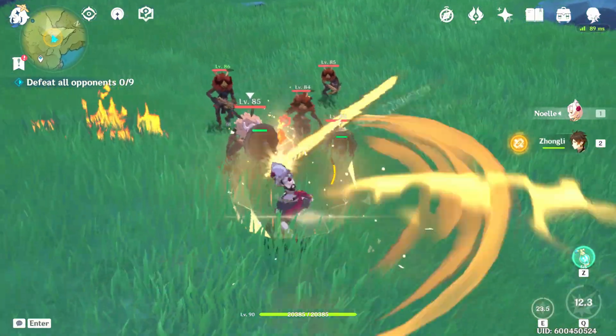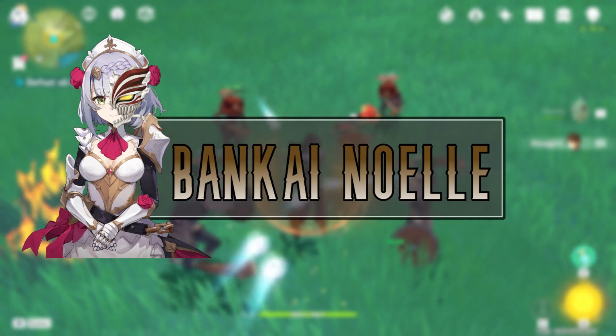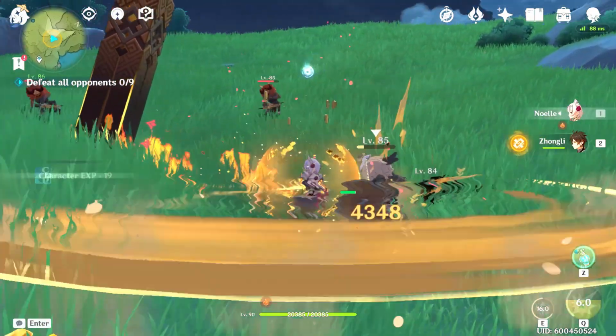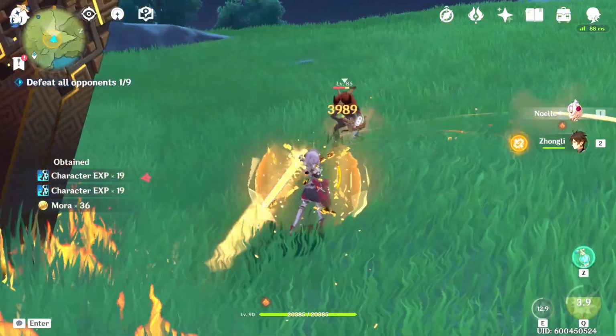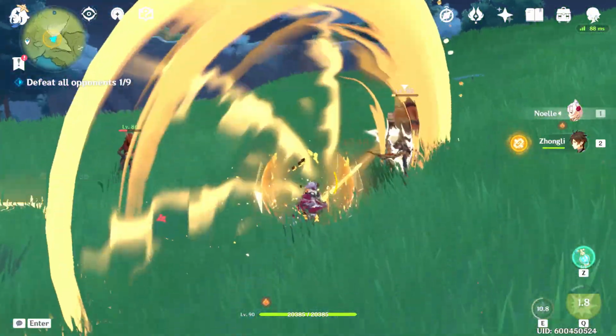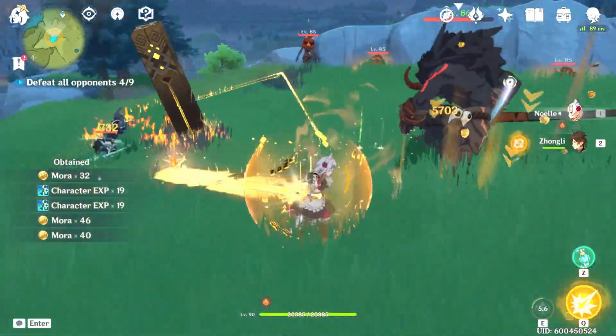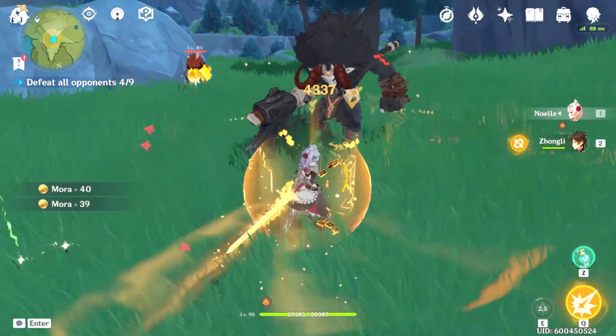In this video, I will be covering my Bankai Noelle build. For those of you who watch the anime Bleach, you might understand the reference, but basically this build is focused on stacking energy recharge percent on Noelle to give her elemental burst as much uptime as you possibly can. It has terrific survivability and damage due to defense percent stacking, and aims to have her elemental burst back up